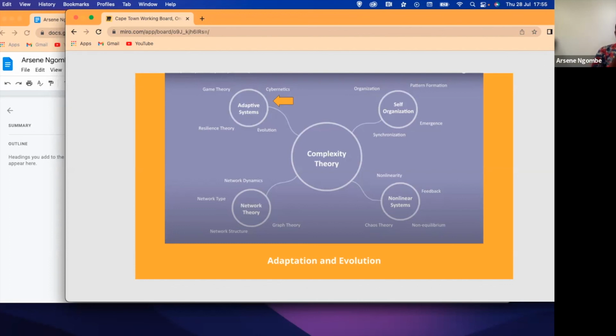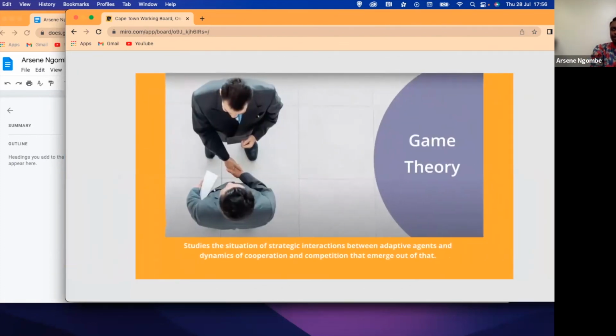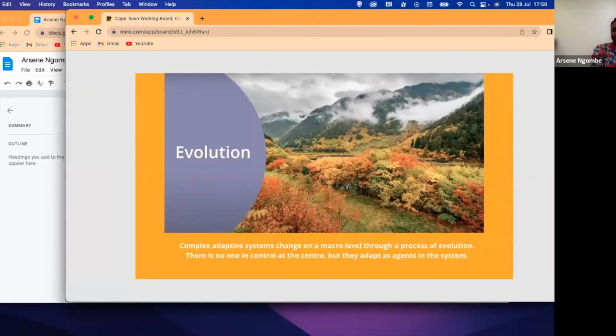So if you begin to talk about those complex adaptive systems, then you need to understand them to a certain extent, because it's a lot of what shapes the actual outcome. That's a very important point. And you need to think of the rules under which those agents in the system are acting or interacting with each other. And this brings other concepts like game theory that we can explore in the next session.